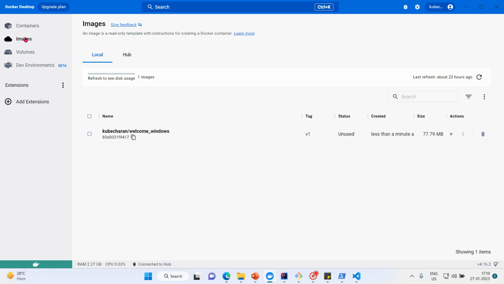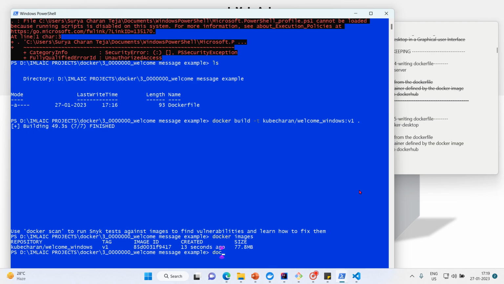You can run this image from here by pressing this triangle or play icon, or else you can say docker run, option --name, I say this is welcome-win-container,